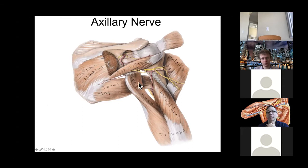And then if we look posteriorly at the axillary nerve, this comes out and innervates just the two muscles that we've already mentioned, teres minor. And teres minor is clinically fairly unimportant. It provides less than 10% of external rotation of the glenohumeral joint. Infraspinatus is the much larger and much more important muscle that does that. But for the axillary nerve, obviously our deltoid, with its ability to abduct the humerus and flex and extend the arm, those